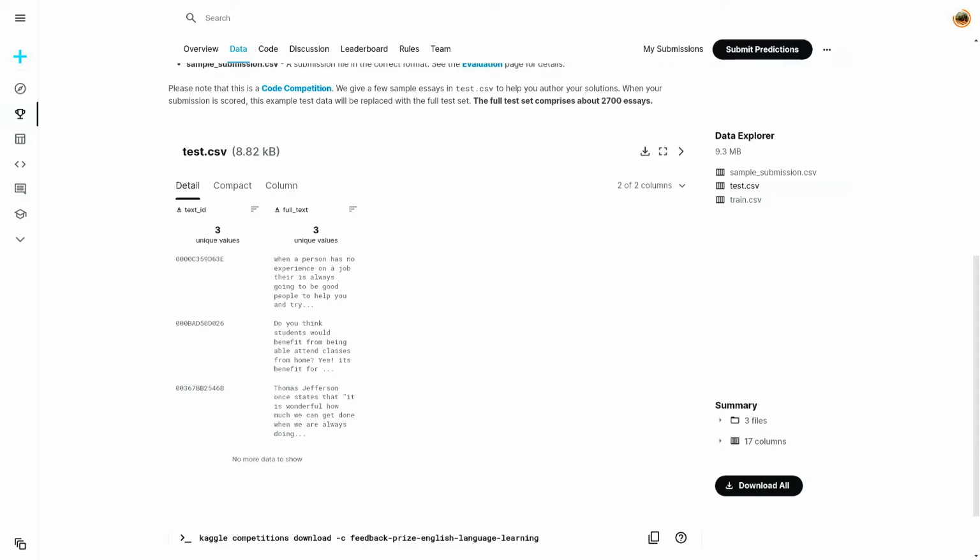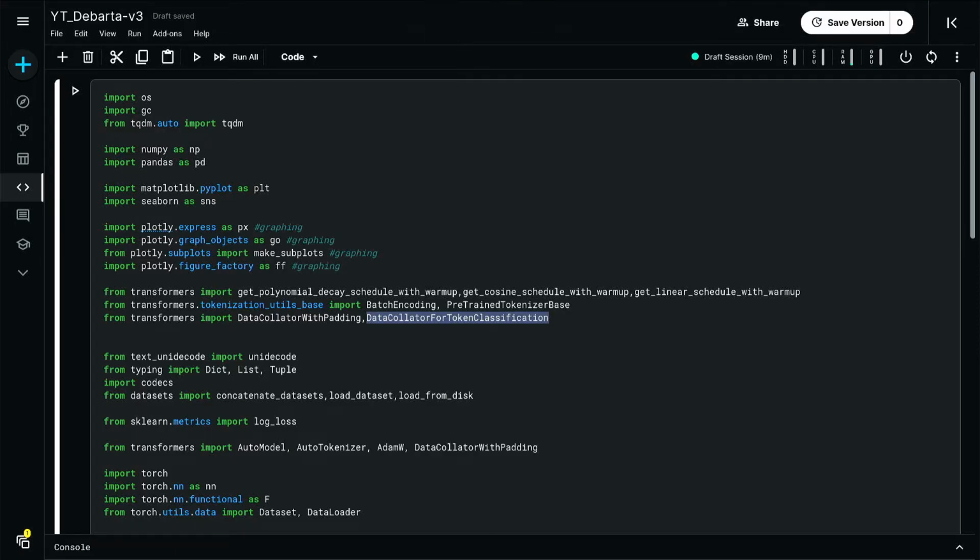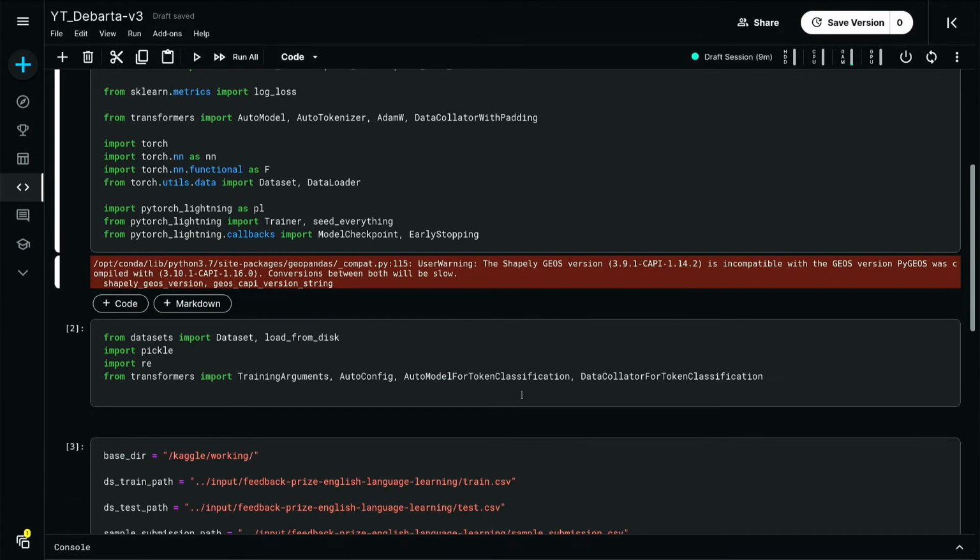That's the whole purpose. All right, with that, I am already inside my Kaggle kernel. In the first cell, I'm just importing all the libraries, and specifically I'll be using Deberta-v3-large, and that's why I'm importing all these transformers and related modules. And also I'll be using PyTorch for this.